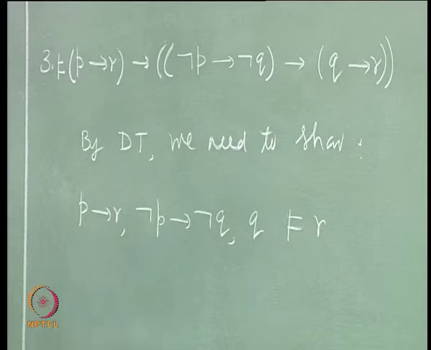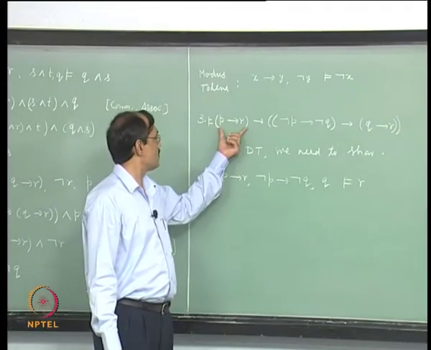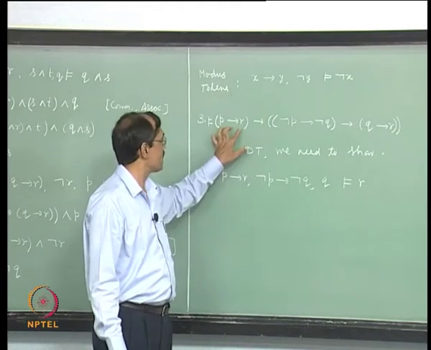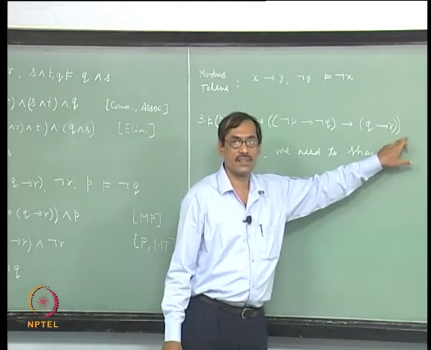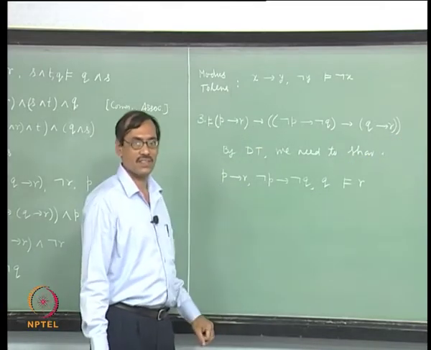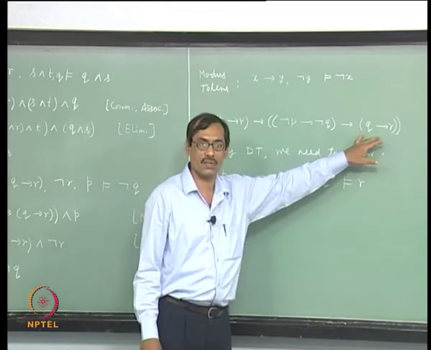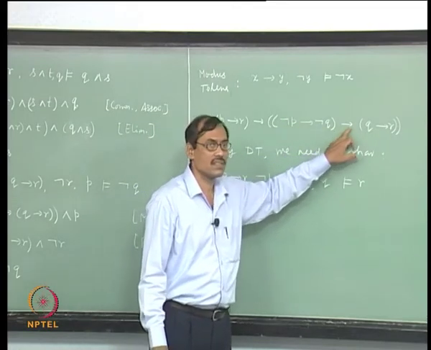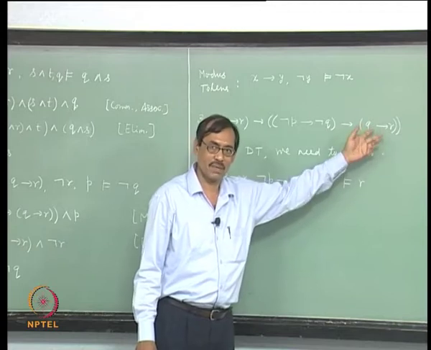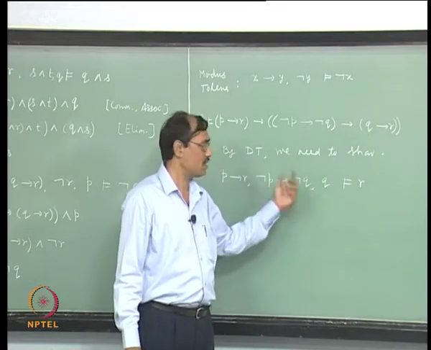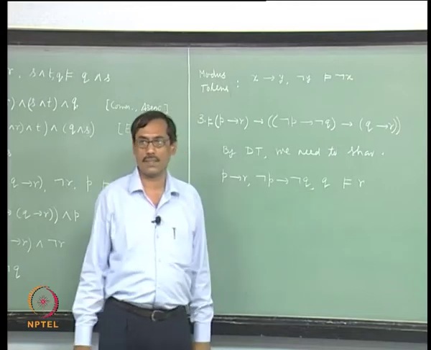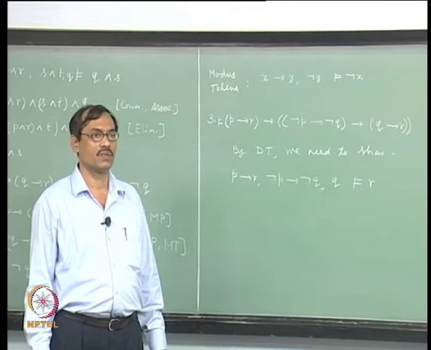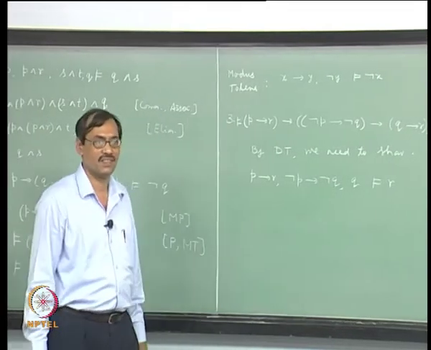There are 3 steps. First step is P implies R, this entailment goes here, replaces the implication sign. P implies R entails this whole thing. Next step is again in the implication form, conclusion. So, you say P implies R, comma, not P implies not Q, entails Q implies R. Next step, again bring Q to the left side. So, you obtain this. Now, can we show this? It should be easy.